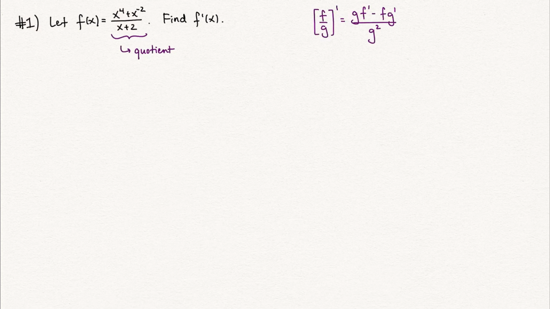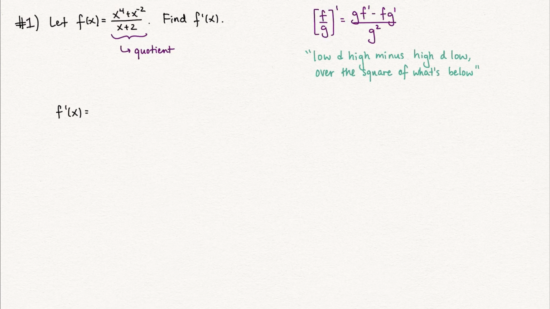Okay, so now the rhyme version of the quotient rule says low d high minus high d low over the square of what's below. Okay, so now let's go ahead and take the derivative. F prime of x is equal to low, which would be x plus 2, d high, which is the derivative of the top, so the derivative of x to the fourth plus x to the negative 2,